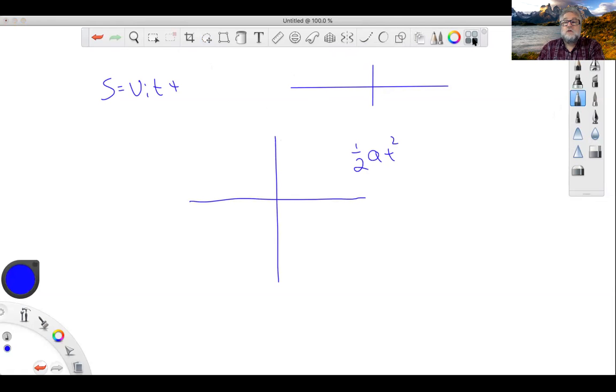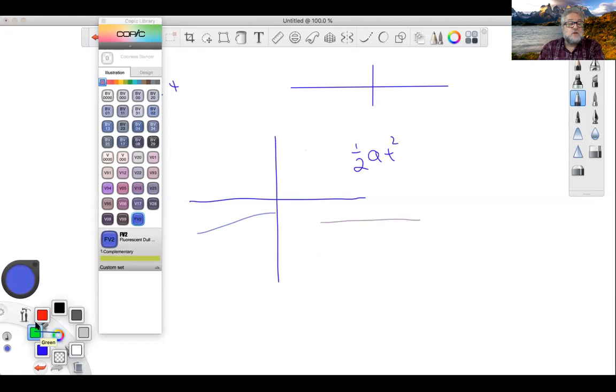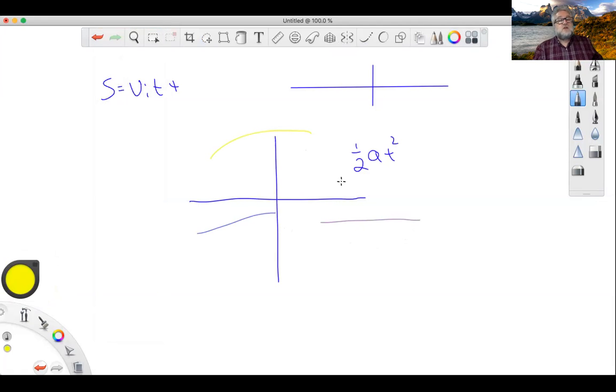I don't use the color wheel. This thing is for artists. If you want a specific color, you can do that. I don't use that at all. I tend to use yellow or green, red, blue. And if I need to get a special color because I want to highlight something, I might do that. But yellow doesn't show up very well on a white background. So that's about the extent of what I do with Sketchbook when I'm teaching and when I'm using it for